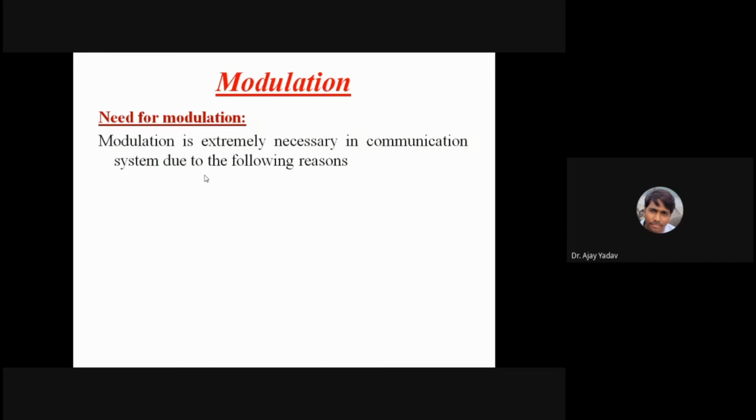So there is a need for some technology, and the technology is called modulation. Modulation is extremely necessary in communication systems, especially for long range communication, because of the following reasons. Number one,